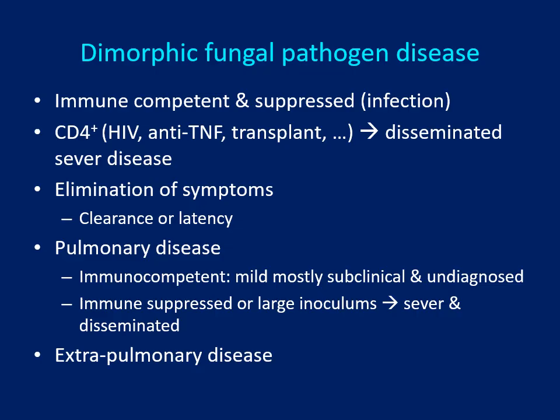The pulmonary disease in an immunocompetent patient is usually mild, mostly subclinical, and probably most of the time undiagnosed. However, in immunosuppressed individuals, or when you inhale a large inoculum, like when you have major environmental disturbances, there will be a severe form and disseminated, and you can definitely have extrapulmonary